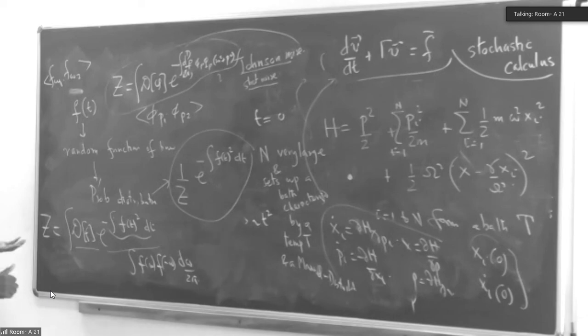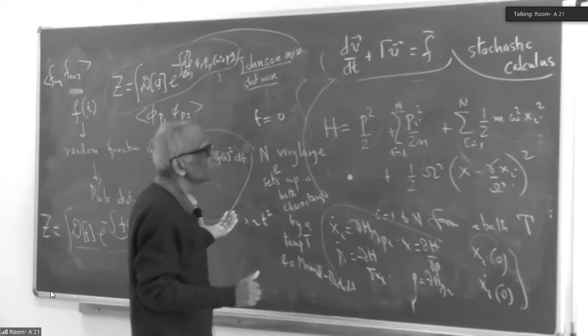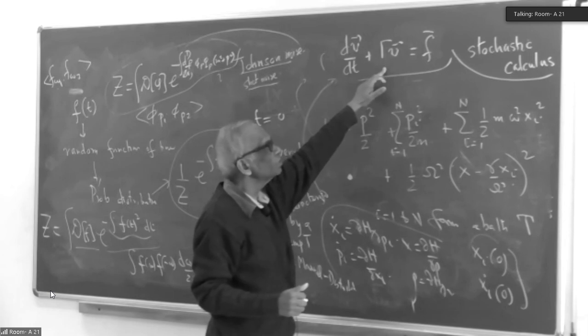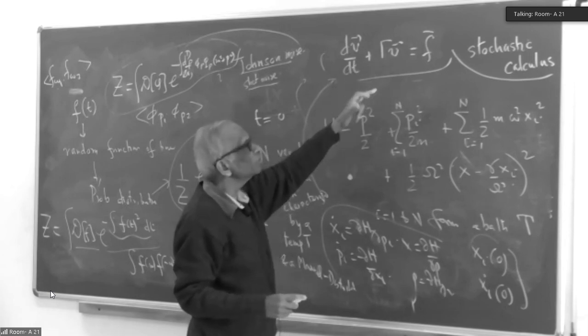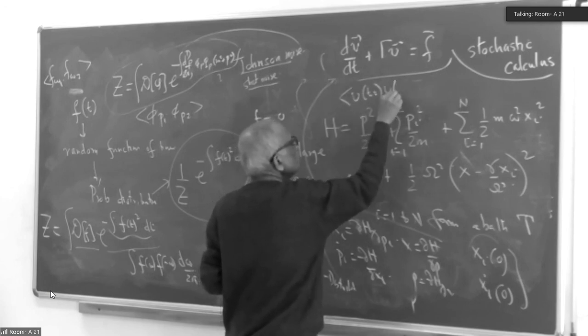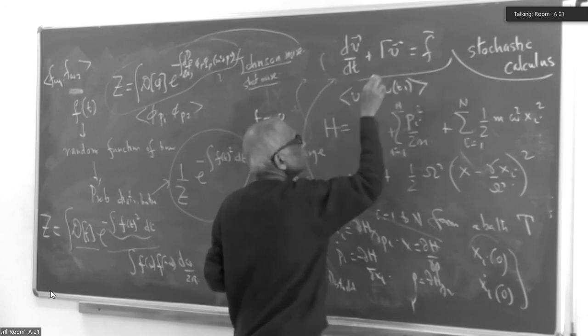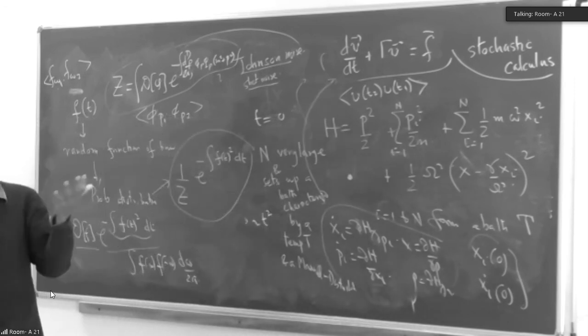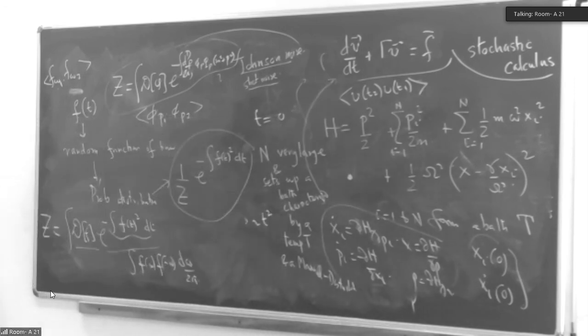Given the moments of F, which you know, you can then solve this differential equation over here. If I now ask you what is V t2, V t1, the correlation function, then I would have to give you actually the distribution